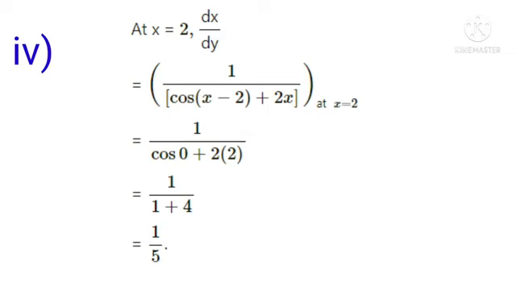Okay, understand? Here we completed question number 3 of exercise 1.2. So students, your today's homework is to solve practice set 1.2, question number 2 and question number 3 in your notebook. Okay, in the next video we will see the remaining examples in practice set 1.2.